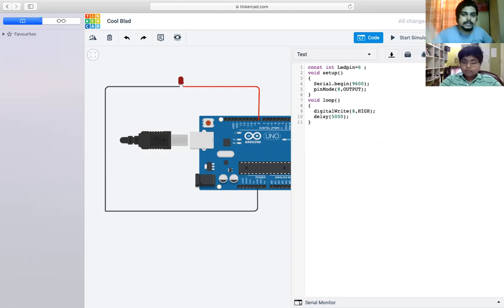And then, see, the LED is high for 5 seconds now. Now we will have to make it low. It will become low after 5 seconds, but still we will be mentioning the instruction. So digital write 8 comma what? Low. Very good. Write that down.